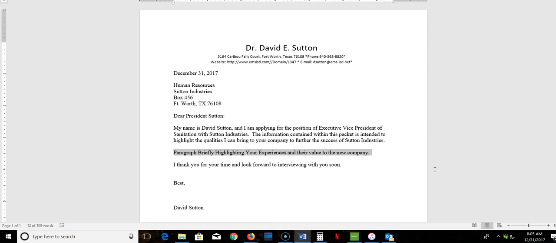Cover letters really should never highlight, ever, your weaknesses. I've seen some that suggest that you should have a paragraph talking about what makes you amazing and then a paragraph talking about where you need to improve. Don't address where you need to improve. They're going to ask you a question about that usually in the interview, and it's a good idea to have one of those in your back pocket just to be able to bring it up,